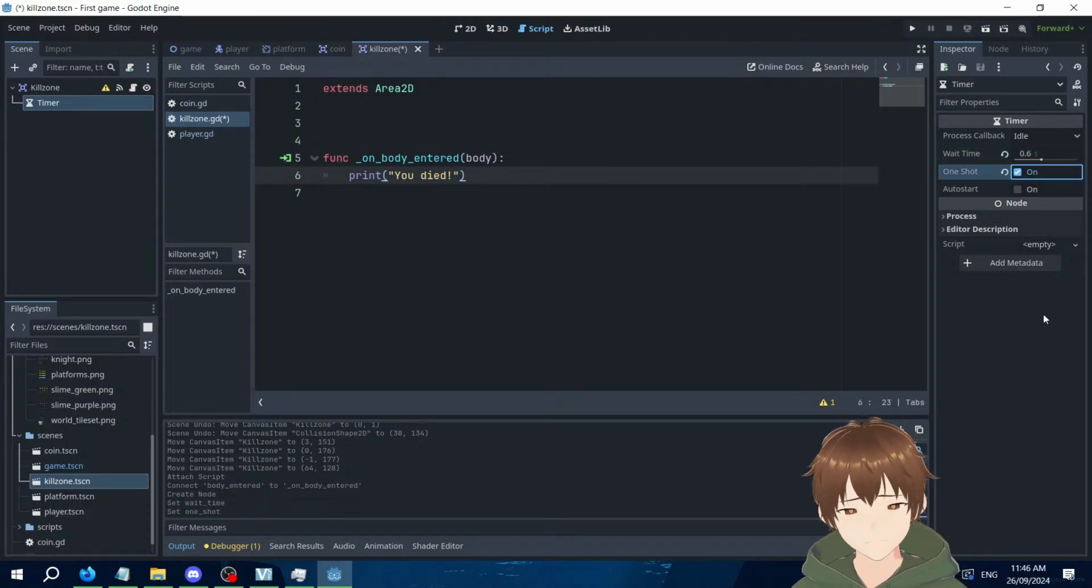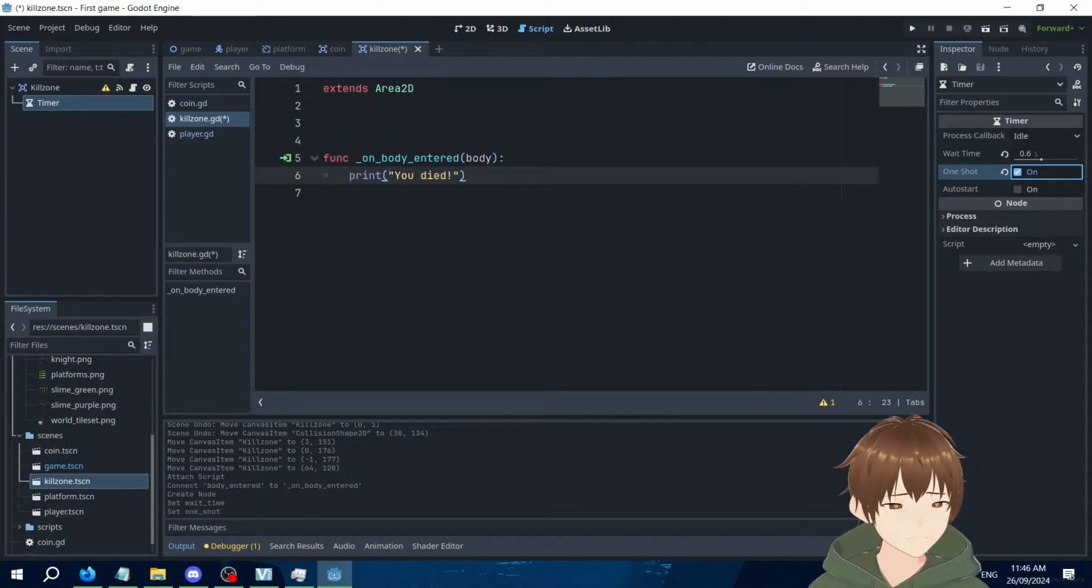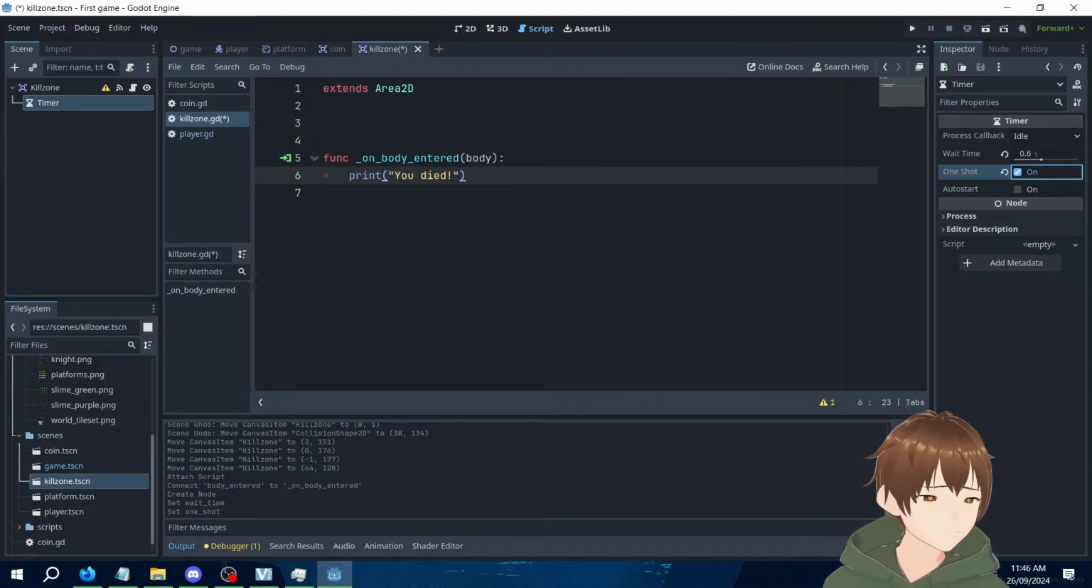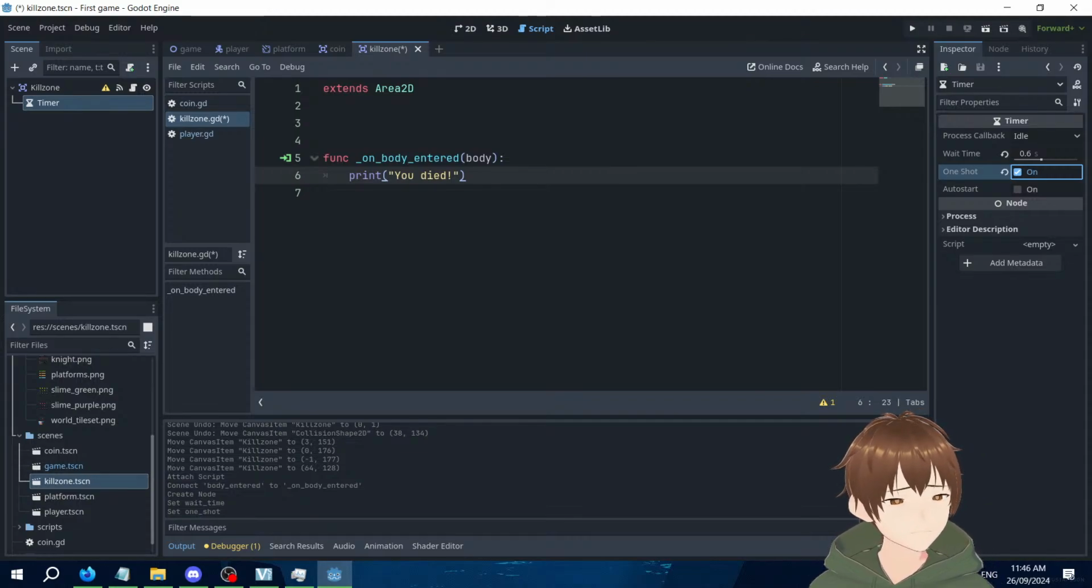We can then start this timer in our code. To do that, however, we first need a reference to it. Luckily, that's as simple as going to the top of our code, clicking and dragging the timer node, and holding down Control while releasing. This creates